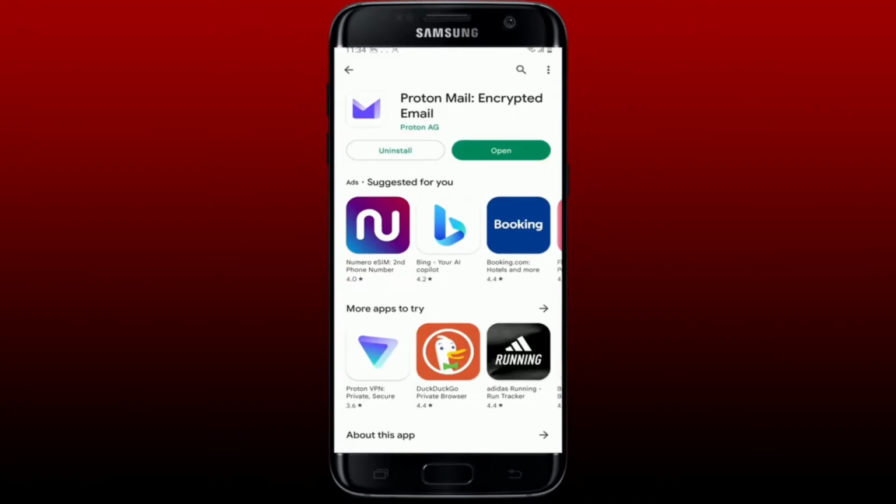ProtonMail is a private email service that uses open source, independently audited end-to-end encryption and zero-access encryption to ensure your communications. Once you download the application and after it is ready for use, you'll be able to see an open